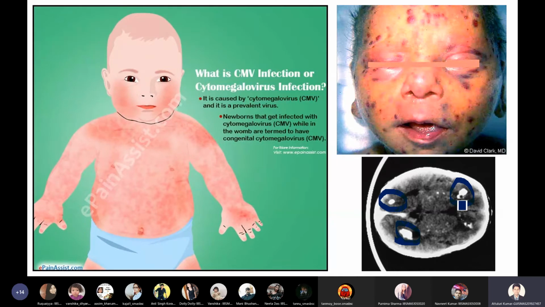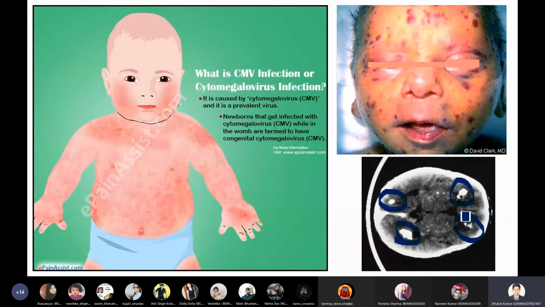So they will get infection within the brain, and obviously they will die due to cessation of the functions of certain important centers within the brain, such as the respiratory center and your thirst center. There are a few nuclei that control the overall body functions, right? So they will get affected by the virus, and the baby will die within 2 years. So these are the fatal consequences of the cytomegalovirus infection.